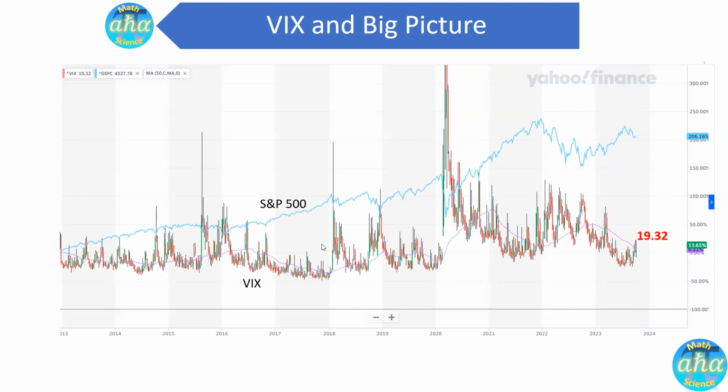On this chart, I also plotted the VIX against the S&P 500, and this purple curve is the 50-week moving average of the VIX curve. If we take a look at the big picture, for example, since 2013 up to the present time, which is about a 10-year time frame, you can clearly see that in these recent few years the 50-week moving average is showing a very interesting pattern. Let's trace out that